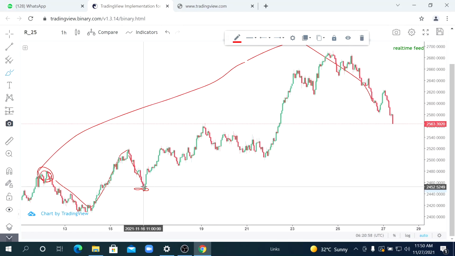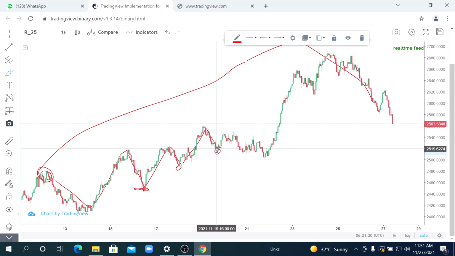Okay. So as you can see, the first correction here, then it moves backward, then you see another correction, another entry here again. Then it moves up again, and you can see it came down, another correction here. Are you seeing this? Another correction here. Are you seeing this? Another correction. This is the 1 2 3, or let's say we can even use this 1 2, wait for the third